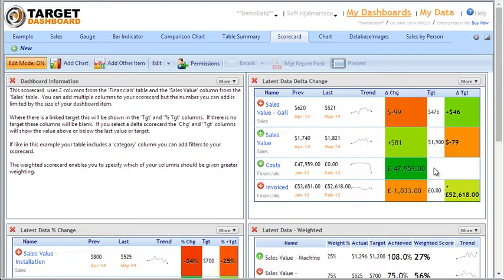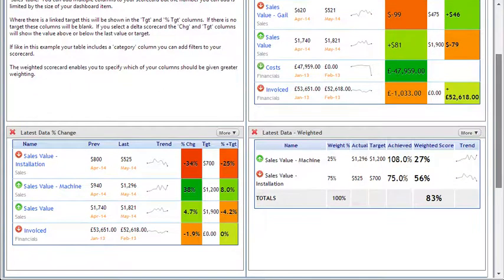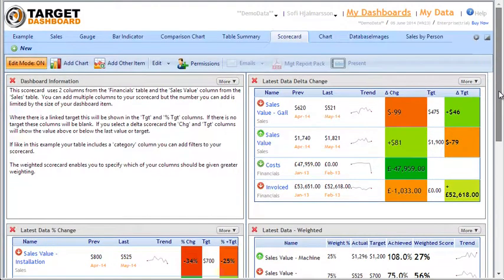In this video, we're going to talk about creating a custom scorecard. Now, as you can see on this dashboard here, there are a number of scorecards, but they're all standard, so you can't really choose what goes on them and what doesn't go on them. But you can also create a custom scorecard, which is a scorecard where you can select exactly what figures you want to show, what calculations you want to include, and also how many of these columns that you want to